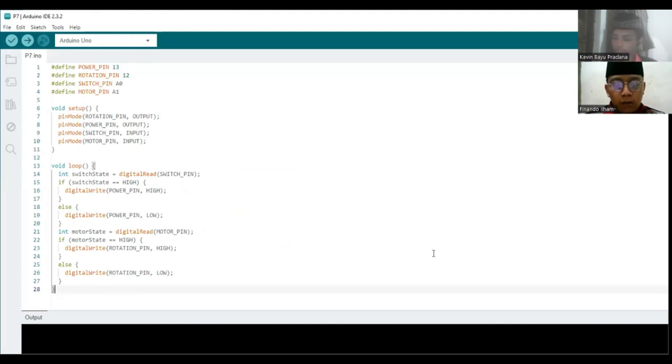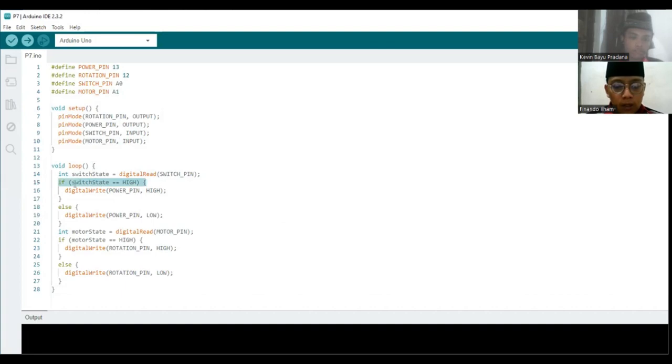Here's the program that we use, with power pin 13 and rotation pin 12 as the outputs, and switch pin 0 and motor pin 1 as the inputs.